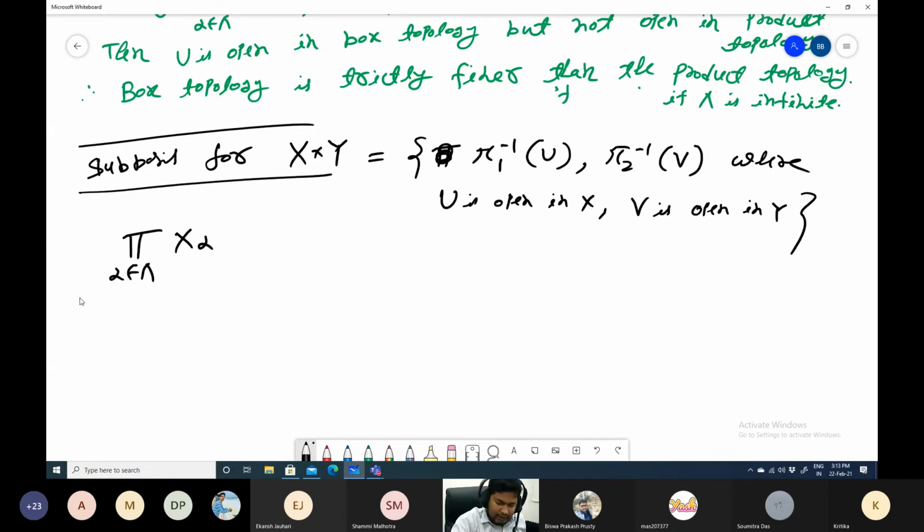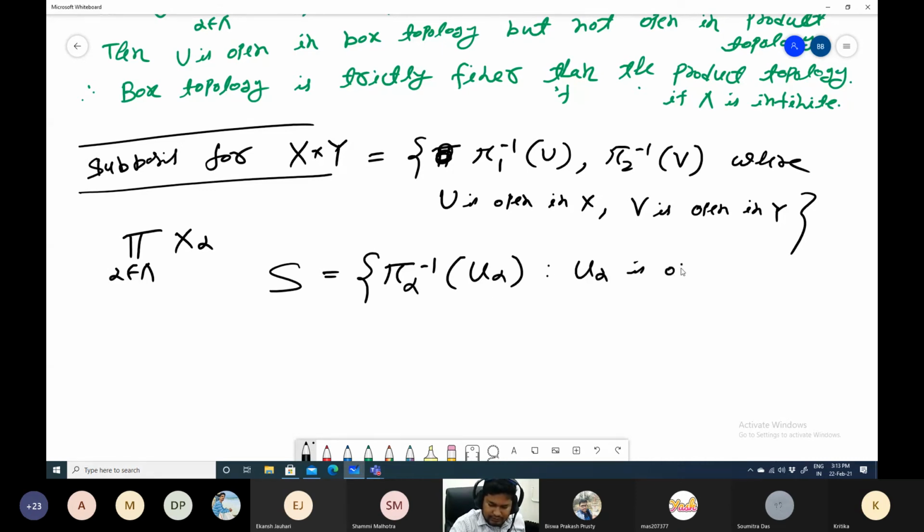Now if we write S equal to the collection of all pi alpha inverse U alpha, where U alpha is open in X alpha, where alpha belongs to the index collection, now if you take this collection,